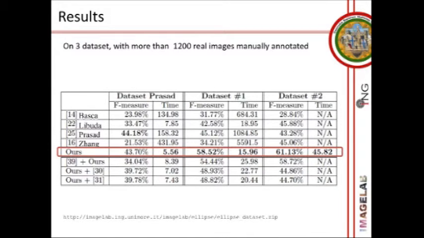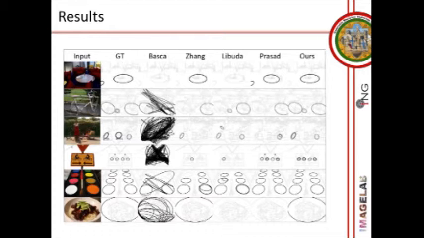Well, I show you some results. We can see that our method is almost as fast as the method of Libuda, but is 10 points better in accuracy. And we can also see that the other method is pretty good in accuracy, almost as good as ours, even if sometimes we gain 10 points, but it is about 100 times slower. So well, these are just some examples.